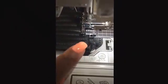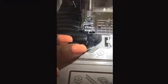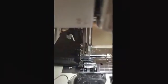And when you get to the end, make sure that nothing gets turned out and it's actually staying closed. There we go. Don't forget to backstitch. There we go. So while you're at the sewing machine, or while you were finishing the actual bow tie part,